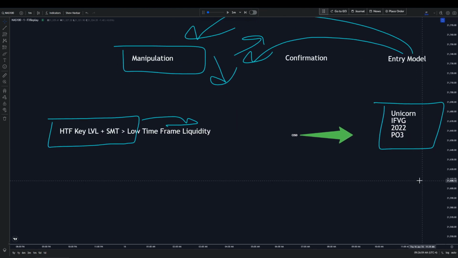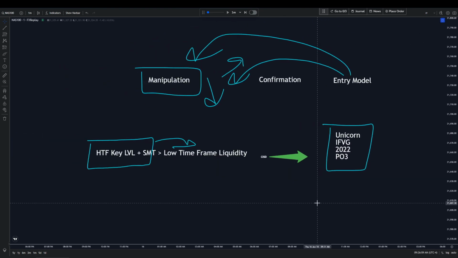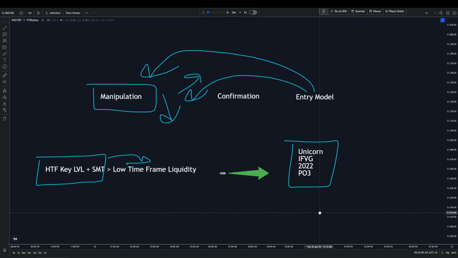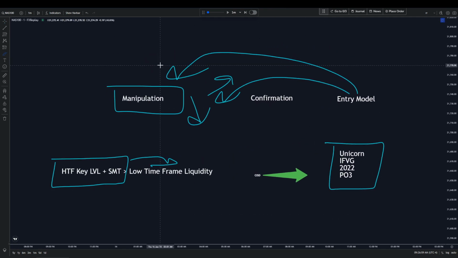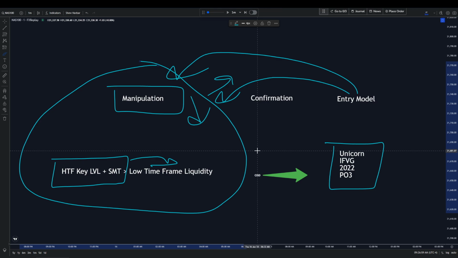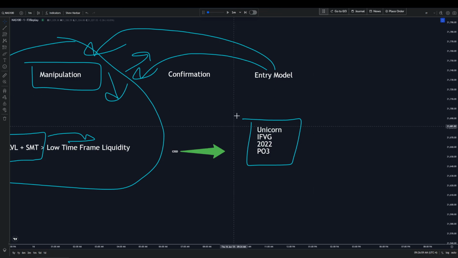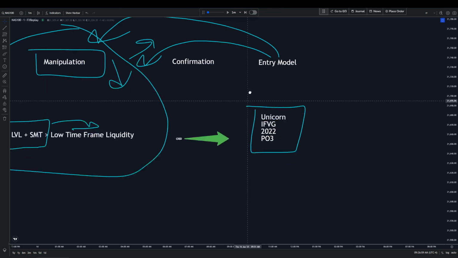These need the unicorn, the IFEGs, they all need context before you trade them. Okay, and that context is what I just showed you right here. And as I mentioned before, the high time frame bias video that I put out before this goes much more in depth into how I identify key levels in SMTs, and it shows examples. But there's a lot of things that precede the entry model that you guys probably haven't even been thinking about,